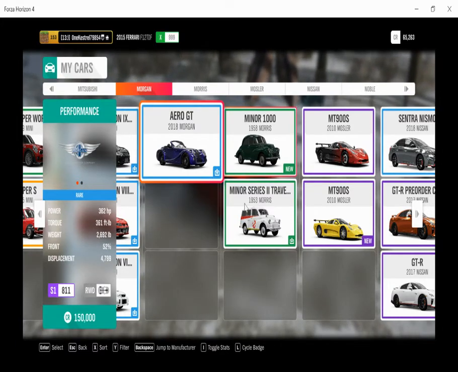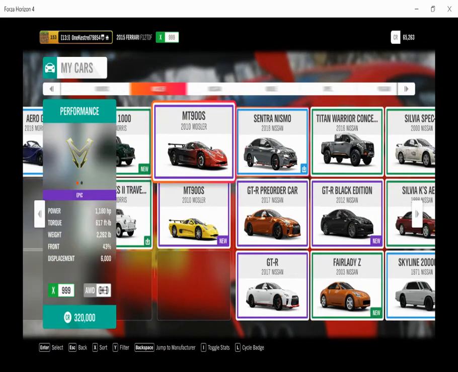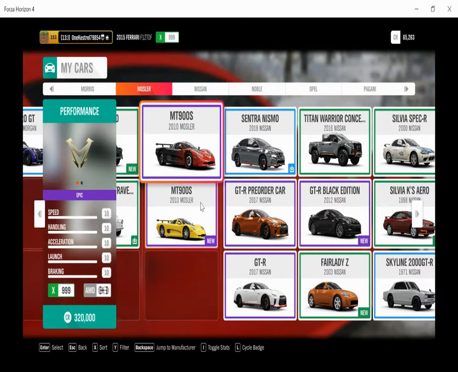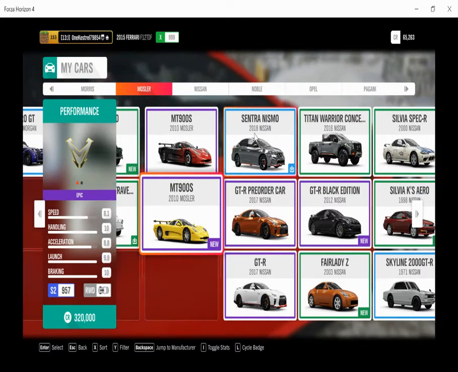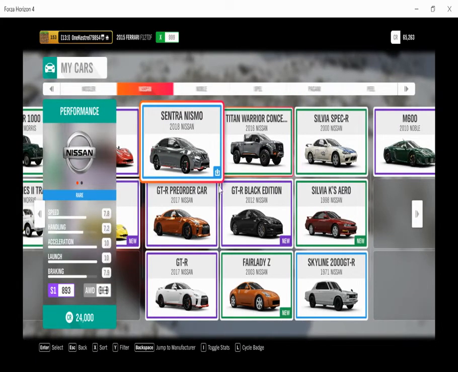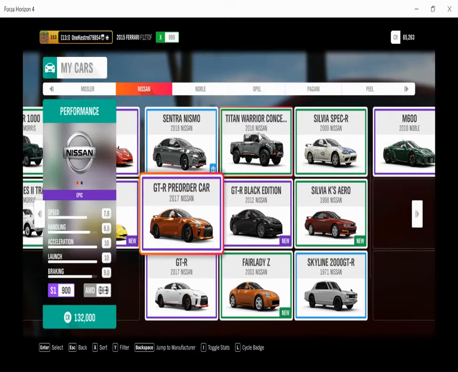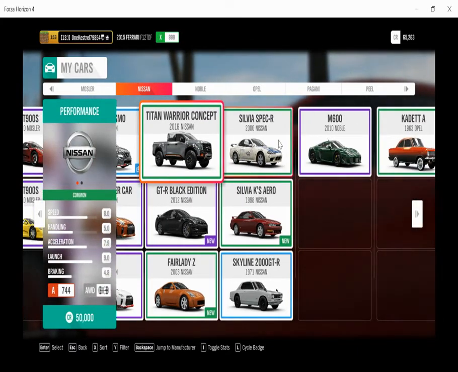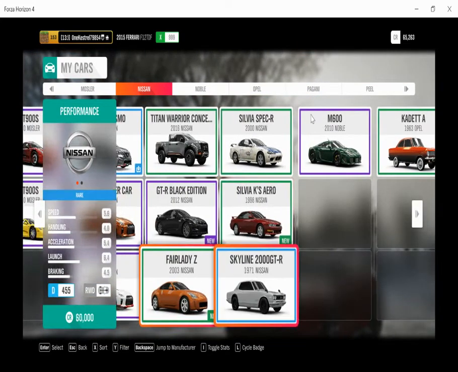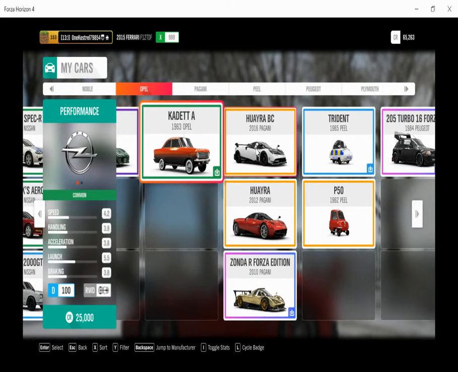and then I have a Minor 1000 from Morris, and I have a Morris Minor Series 2, and then two Mosler MT900S. One is tuned completely, the other is just left stock. And then I have a Sentra Nismo, which is tuned highly, 3 GTRs, a Titan Warrior Concept, which I tuned, Silvia Spec R, Silvia K0, a Fairlady Z, and a Skyline 2000 GTR, a Noble M600, an Opel Kadett A,